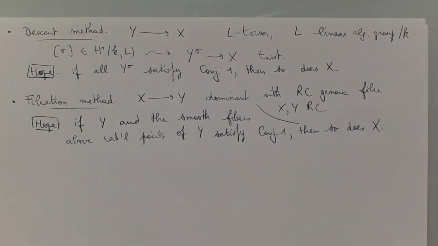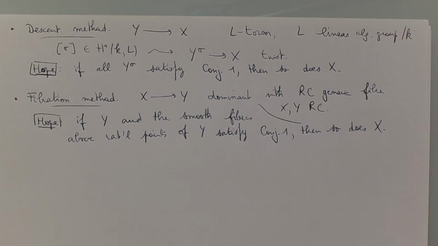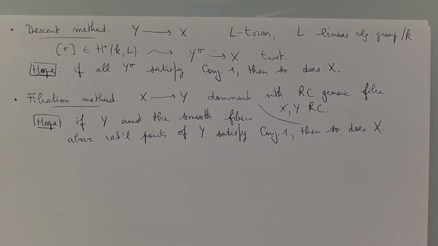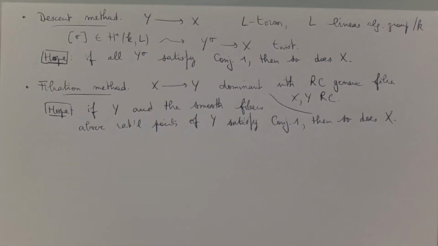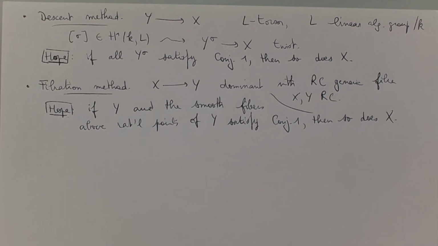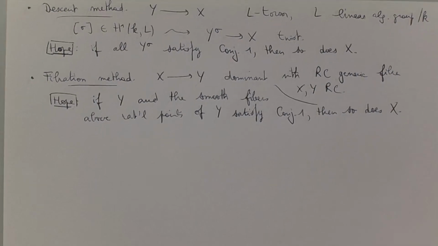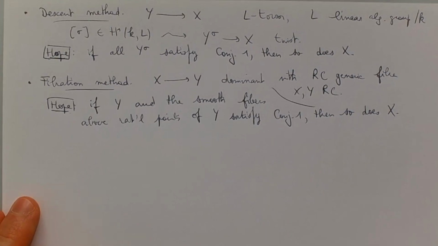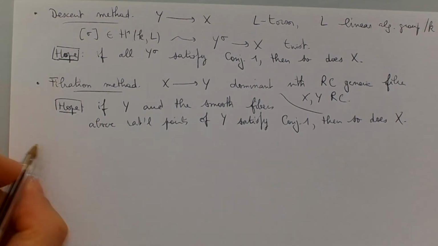So again, the hope is to reduce conjecture 1 for X to conjecture 1 for some possibly simpler varieties, the base of our fibration and the fibers. And again, this is not known in general, but many cases are known, so that it's been used really as a systematic tool. So now that I've said everything about conjecture 1, I can tell you what the proof of